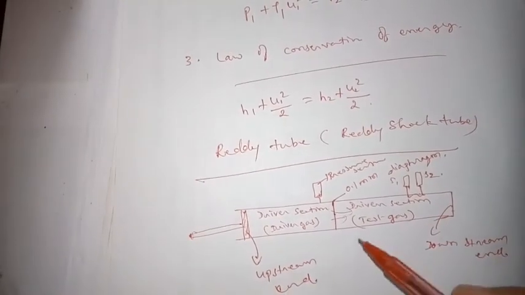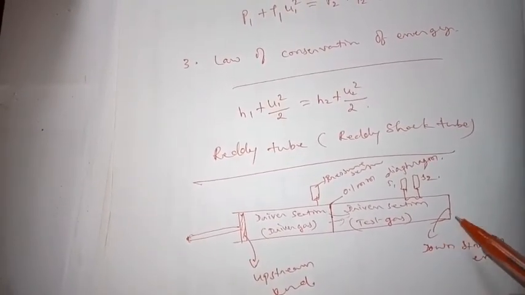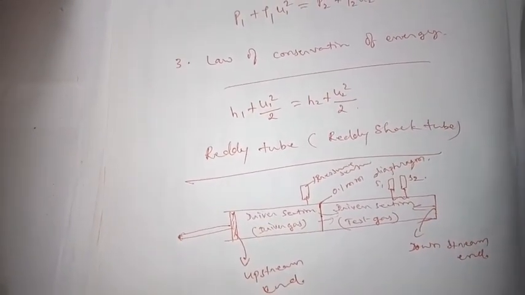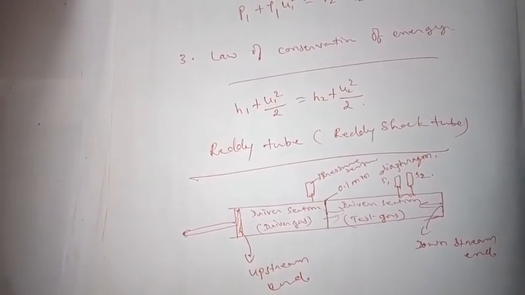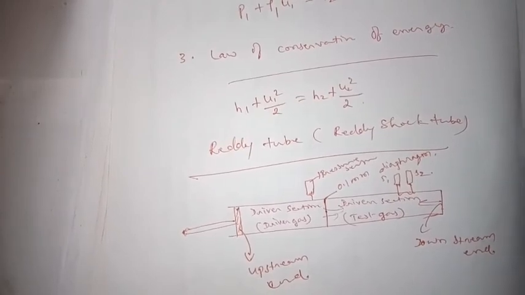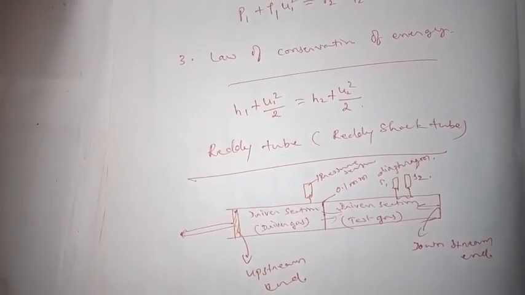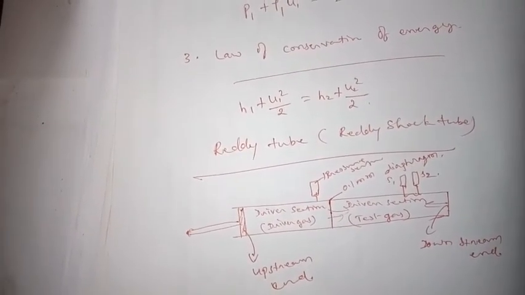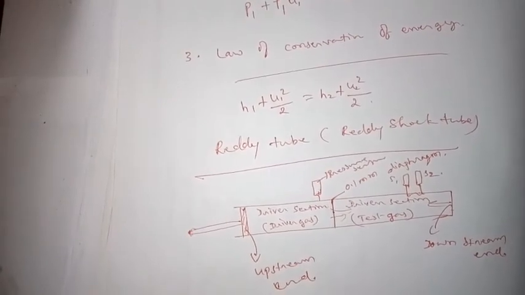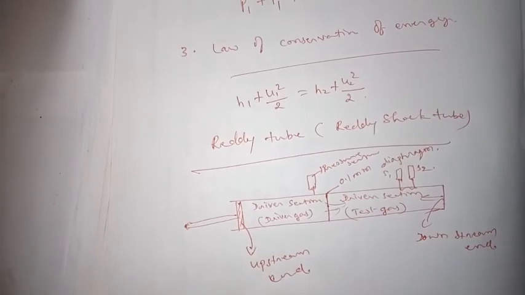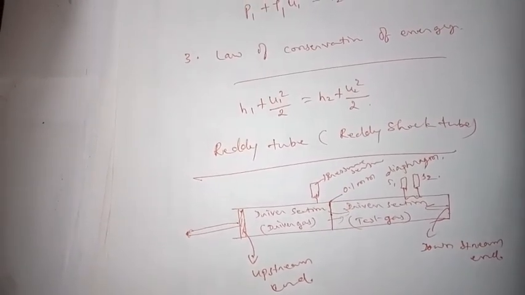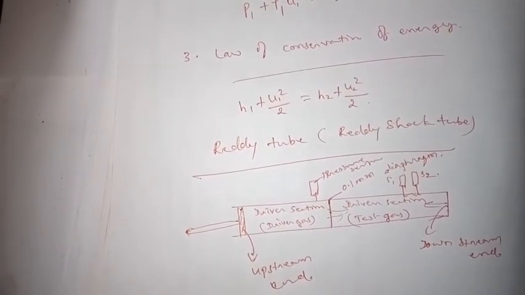Of course, the propagating primary shock wave is reflected back at the downstream end, and after the reflection the test gas undergoes further compression, which boosts its temperature and pressure to a still higher value by the reflected shock wave. This state of high pressure and temperature is sustained at the downstream end until the expansion wave reflected from the upstream end of the driver tube partially neutralizes the compression.